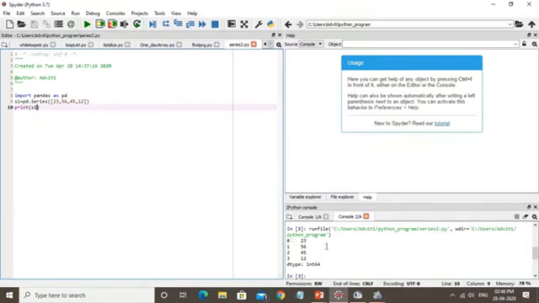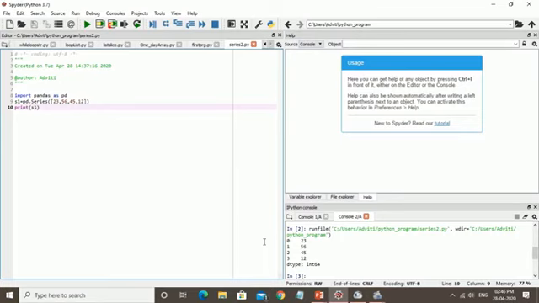We have not defined any index value, but pandas creates a default index. What is the default index? 0, 1, 2, 3, and it automatically assigns the value to that particular index. So we are creating a simple series.